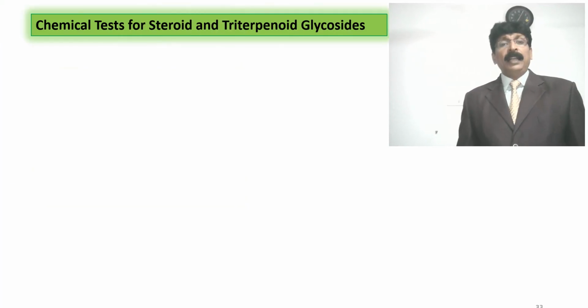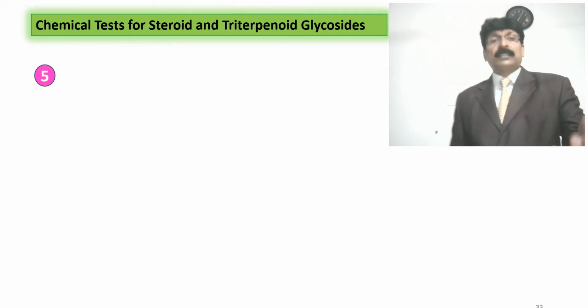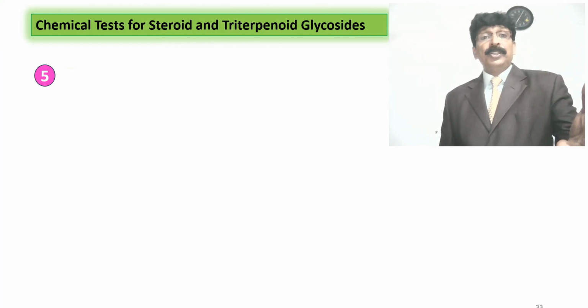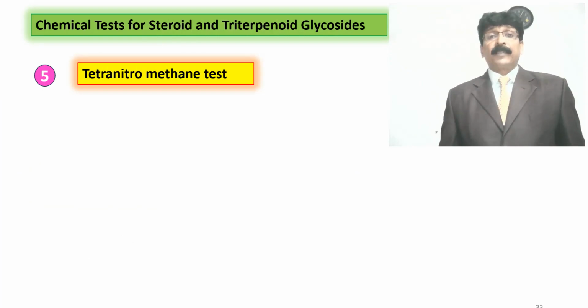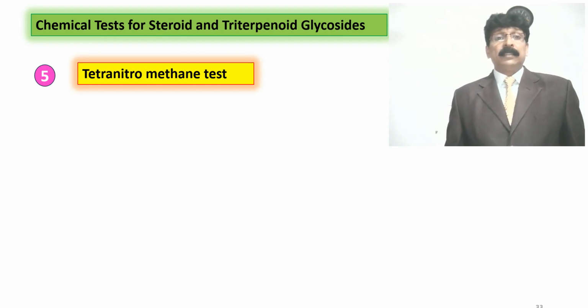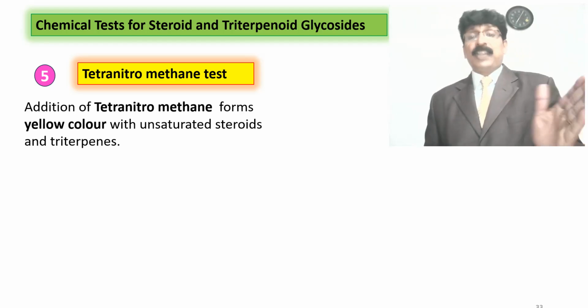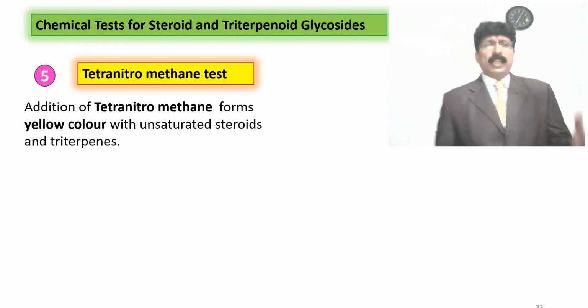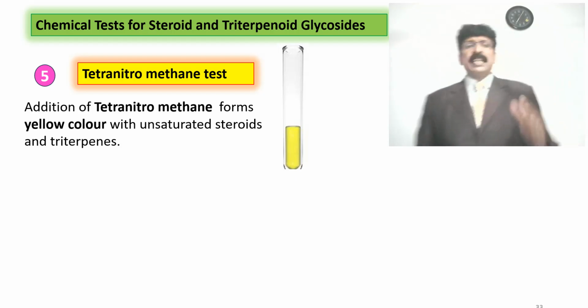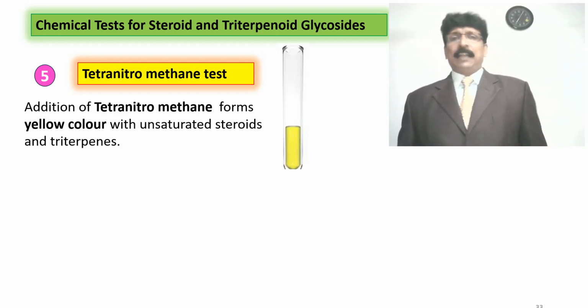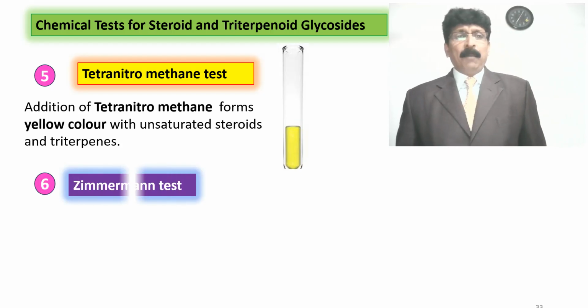And this is the 5th test for steroids and triterpenoids, glycoside. Tetranitromethane test. Here, addition of tetranitromethane forms a yellow color with unsaturated steroids and terpenes. And number 6, you can see